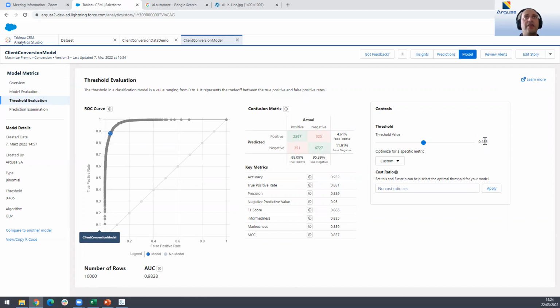You can see that here the tool already optimized the threshold for us, but we can change the threshold how we want. This might depend on the use case,